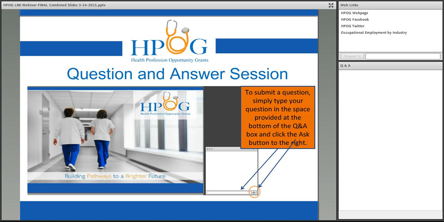Okay, great. We have another question. Are you familiar with the data of the American Community Survey as a source for employment research? And if so, could you speak to that for a little?